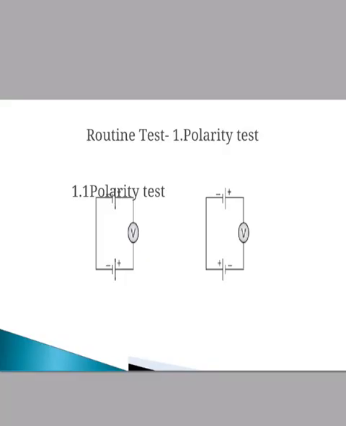See in the image, consider two batteries having 2 volt EMF connected as shown in the first figure. Then the voltmeter will read 0, that is the difference of EMF of the two batteries is 0. If the batteries are connected as in the second figure, the voltmeter will read 4 volt. The first type of connection is termed subtractive polarity, while the second figure shows the additive polarity.